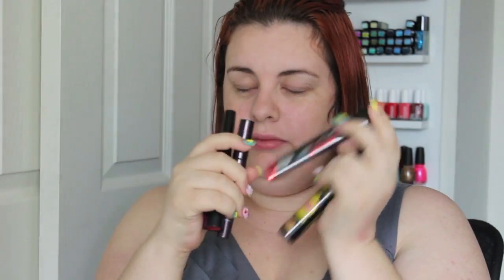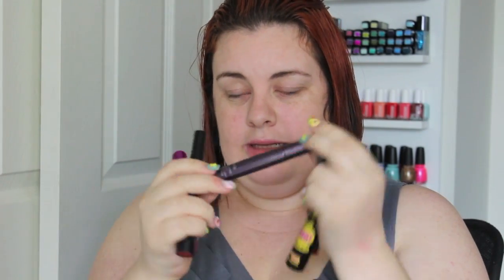I actually carry 5 mascaras, but one of them is a bottom lash, so it doesn't really count. But I carry Essence Go Big Lash. This is one of my favorites for volumizing. Maybelline Lash Stiletto, waterproof. This, amazing. Tarte Lights Camera Lashes. This L'Oreal Telescopic I carry, but I don't really use because I find the formula, this